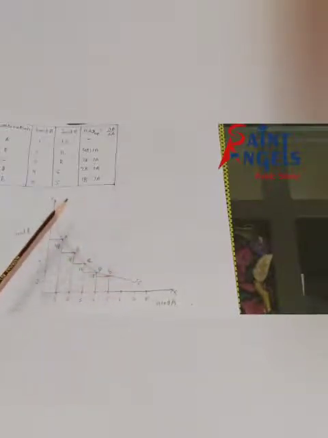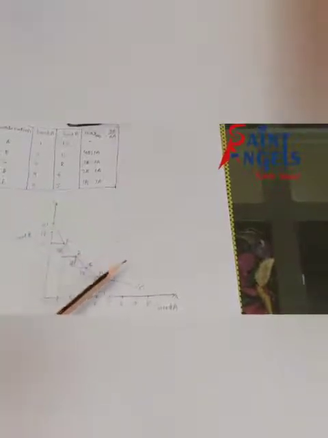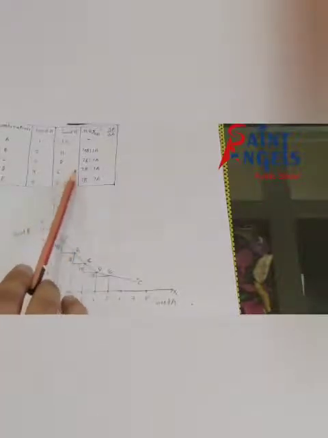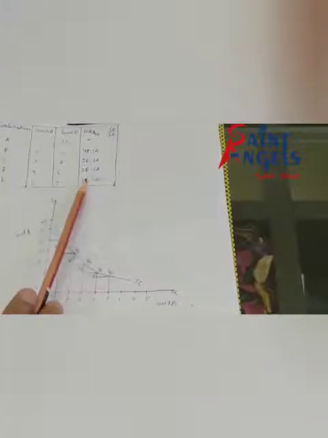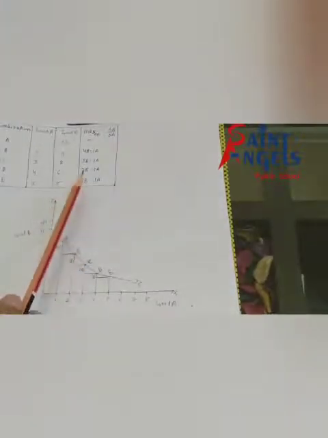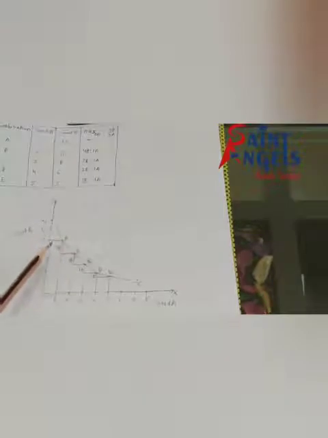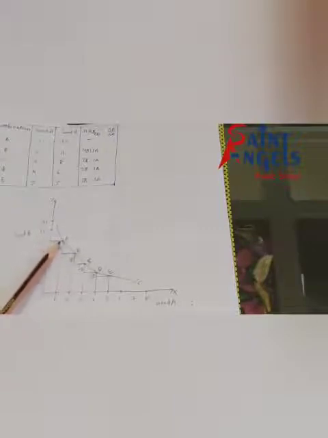But see, how can we show, or how can we calculate, marginal rate of substitution in a diagram? All of you have understood how to calculate MRS in the table. But see here, this is the horizontal line and this is the vertical line. The horizontal line relates to the gain good, and the vertical line relates to the sacrifice good.